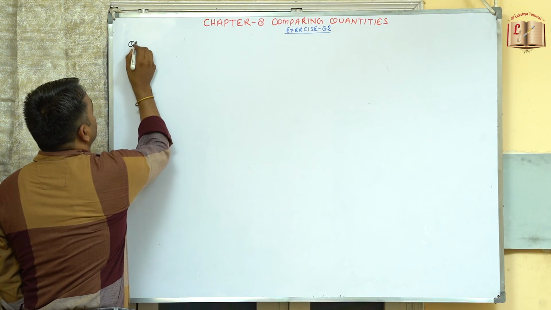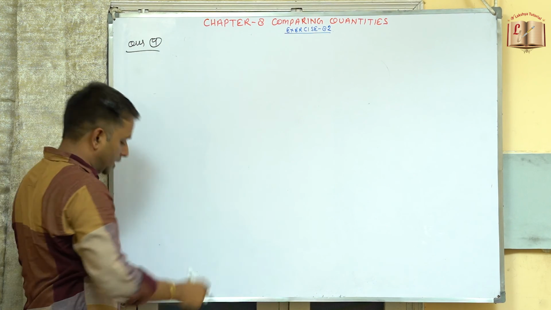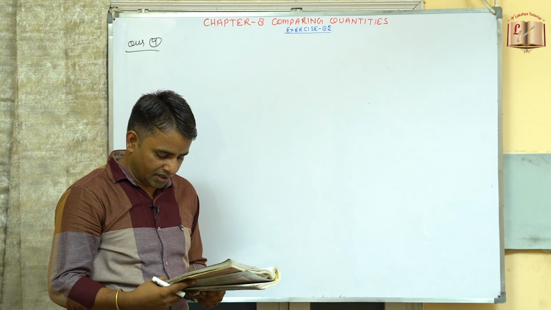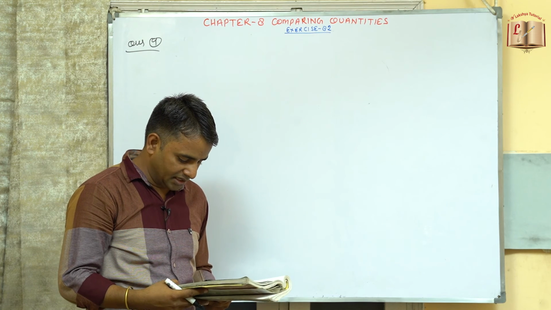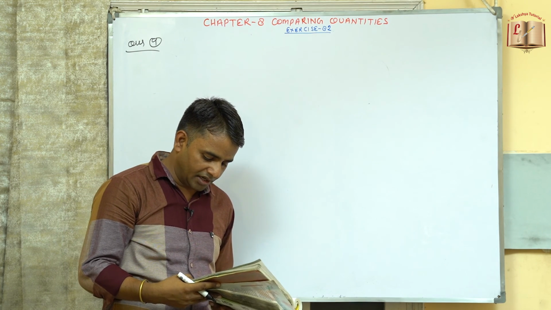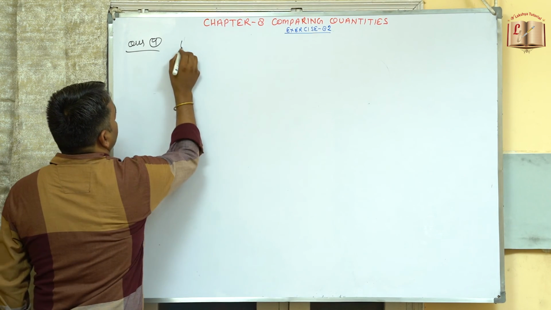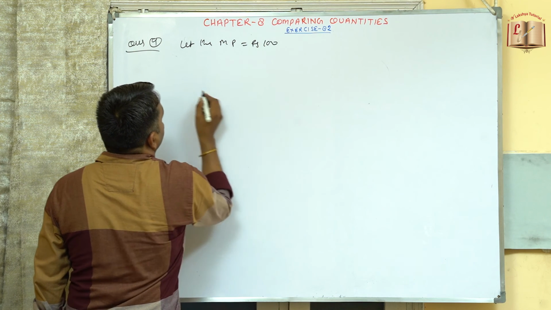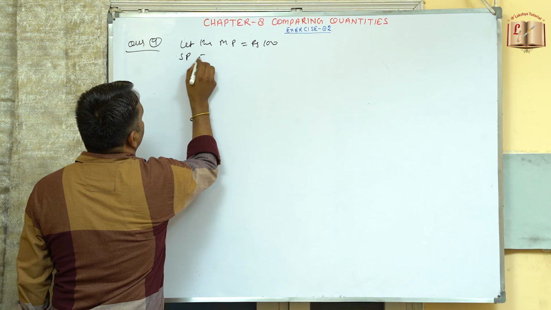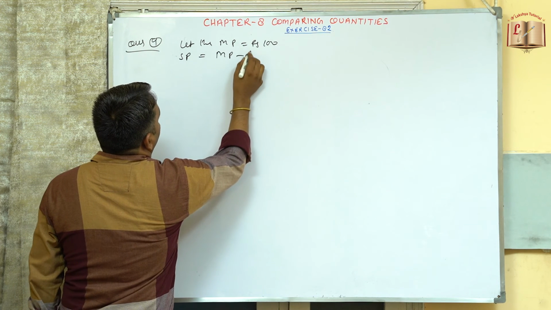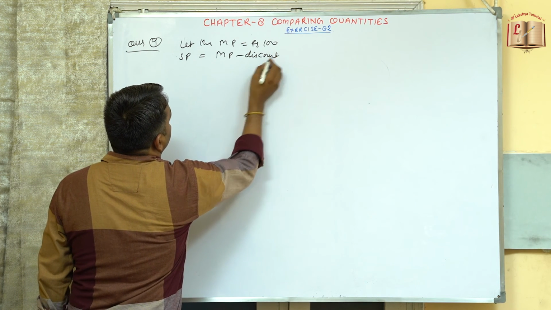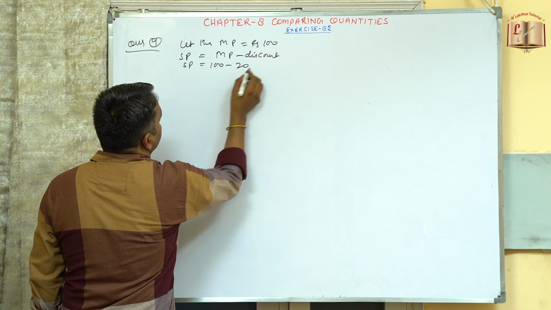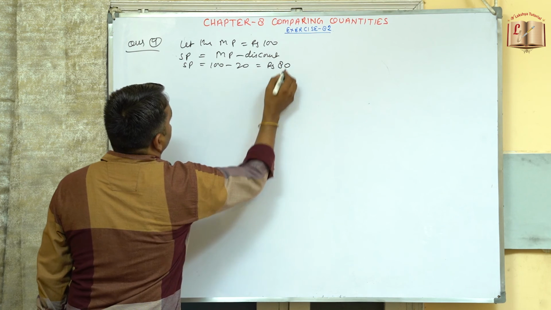So now coming to question number 9. Arun bought a pair of slacks at a sale where the discount was given as 20%. The amount he pays is 1600. Find the market price. So let the market price be rupees 100. So selling price will be equals to market price minus discount. So selling price is 100 minus discount 20. So this is now rupees 80.